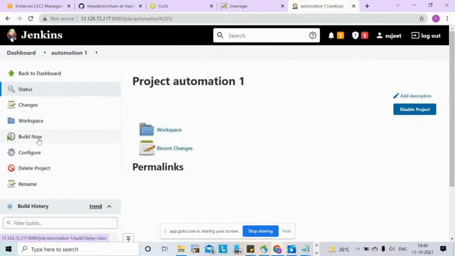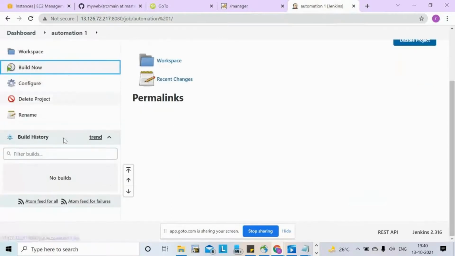So this one I have just given into the Jenkins. So what I'll do, I'll go for build now for this job. Build now, project automation one. Build now. Build scheduled. We'll see what will happen in the build. It will be a success or maybe fail. If we made any mistake, it will fail. Automation build, delay 0 seconds. Build scheduled.